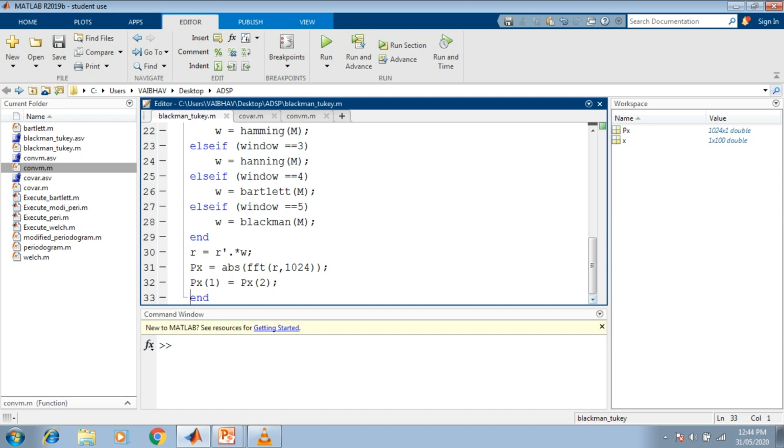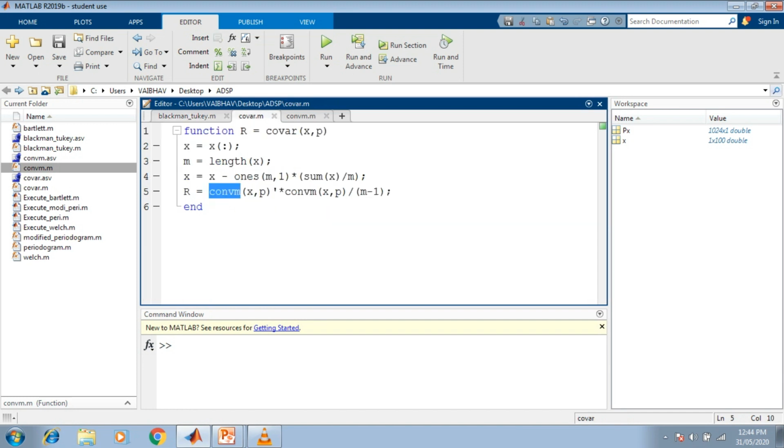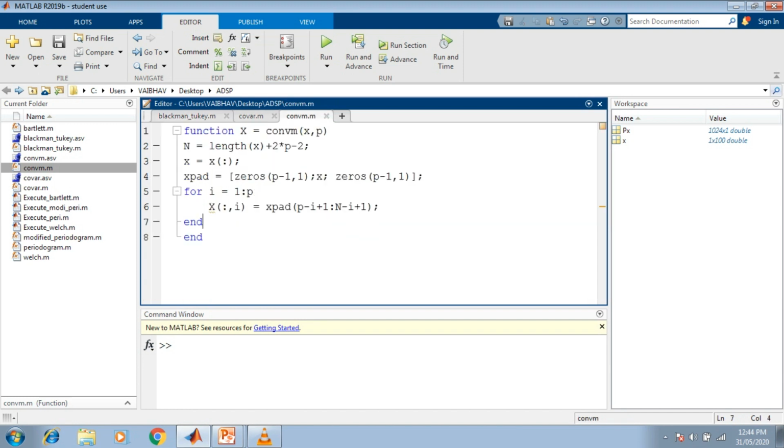So we have developed the function to carry out the power spectrum estimation by the Blackman-Tukey method, and that requires 2 more functions that we have called within this function, for generation of the covariance matrix and for generation of the convolution matrix.